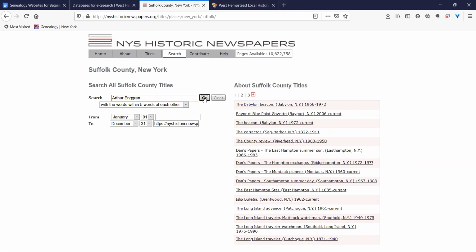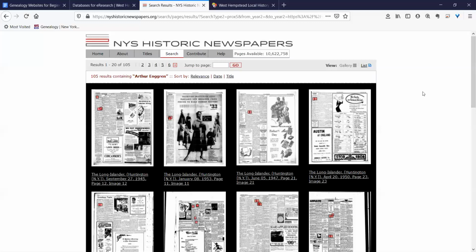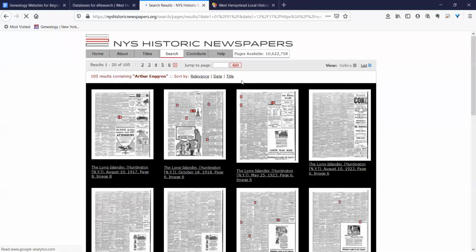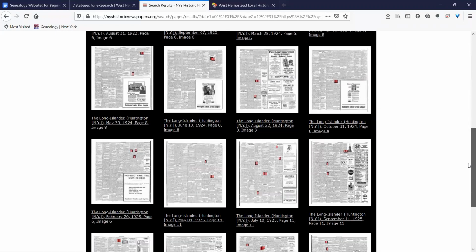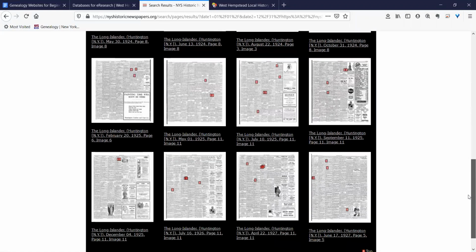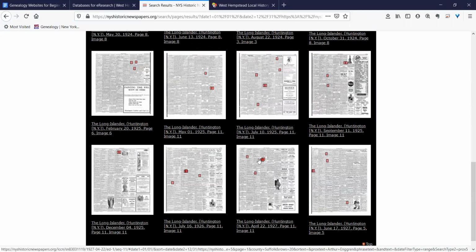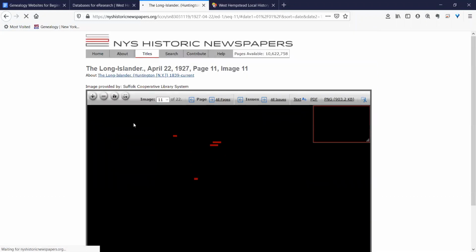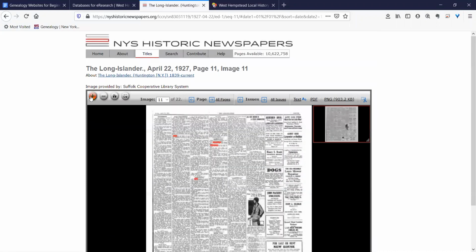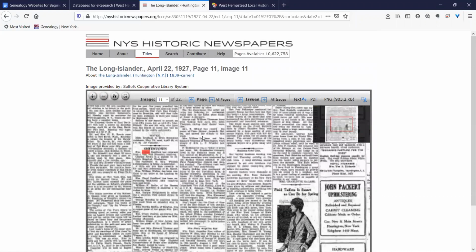So I'm going to try my relatives who lived out in Suffolk. And with this website, you can change the results so that you can sort them by date order. And that's usually how I like to look at them. Let's see. Just wanted to show you a few examples from this. So up here, it shows you which newspaper the information's from. And then if we blow this up,